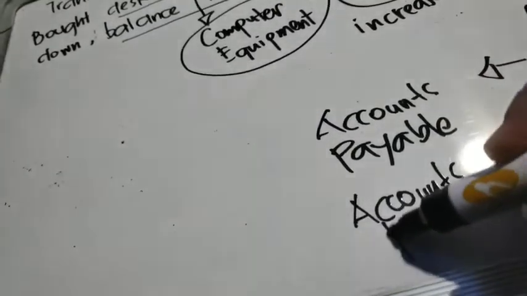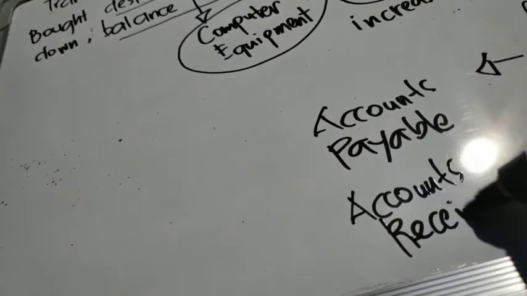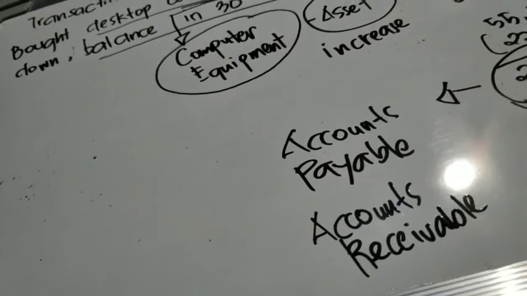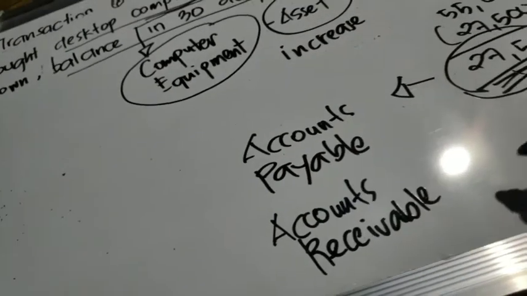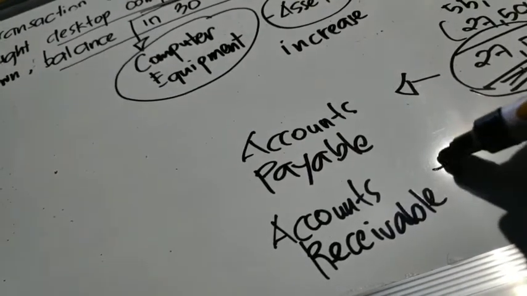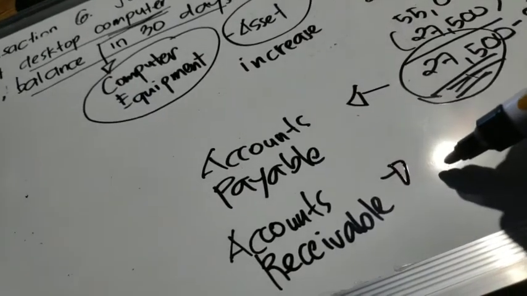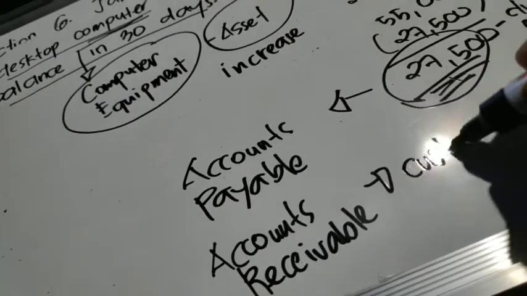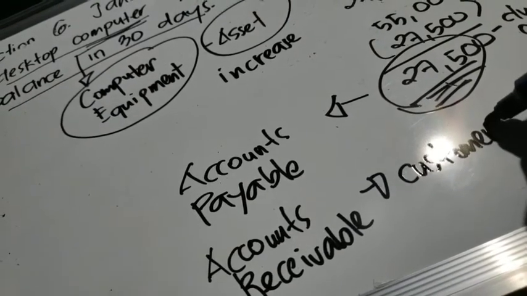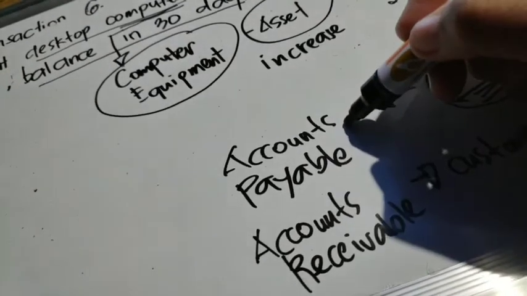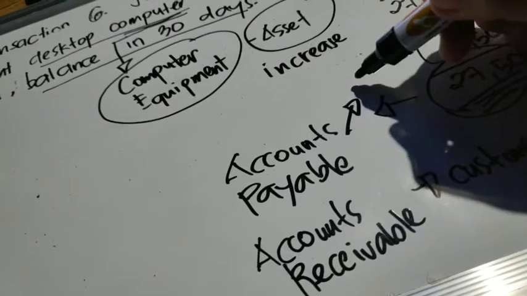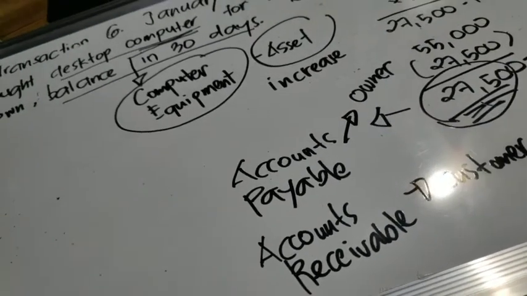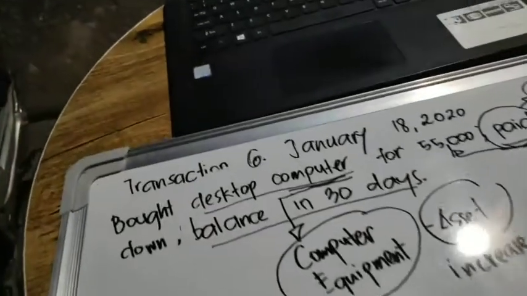You remember the video, particularly services on credit. So, there, you will see accounts receivable. Accounts receivable, it means that the customer is liable to pay you an amount. The accounts payable, it means that you, the owner, is liable on paying an amount to the supplier where you